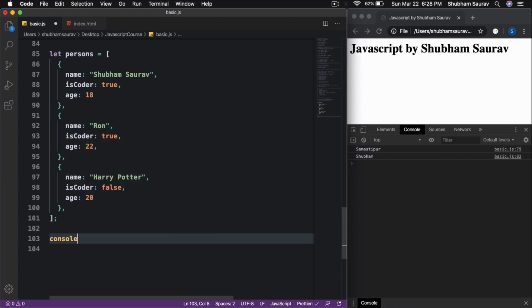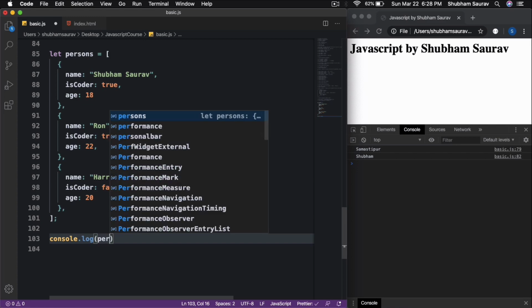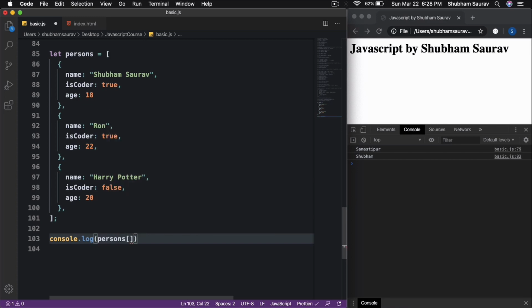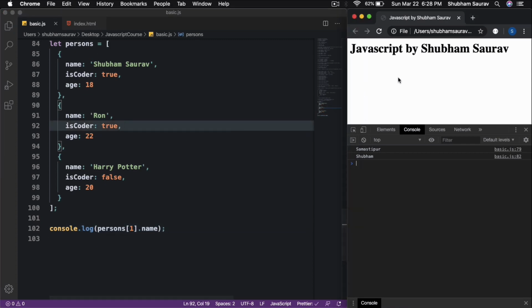So console dot log, and we want to access persons and then the first index. Remember, this is 0, this is first, and this is second index. So we want to access Ron, so it will be first index, and then I want to display the name, so it will be like this. Okay, and now the semicolon at the end, and let's just save this and refresh this, and you will see